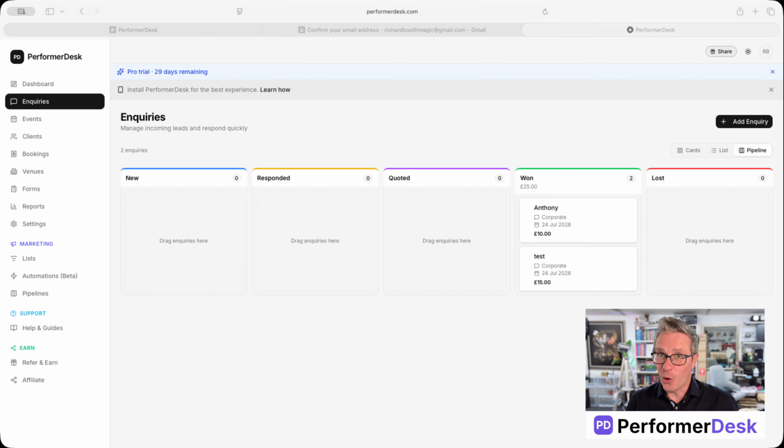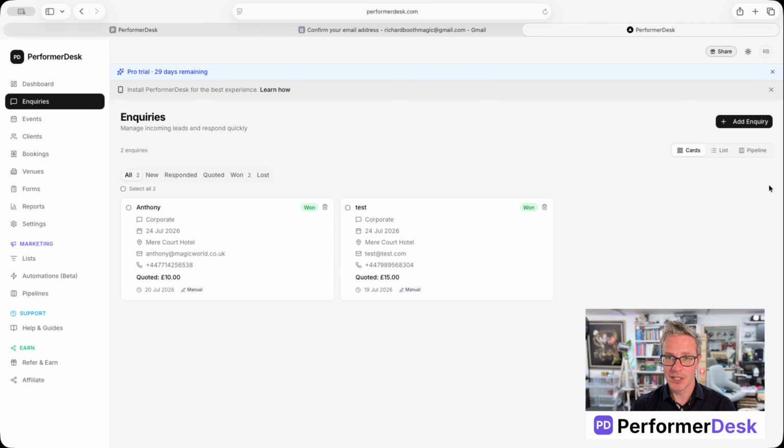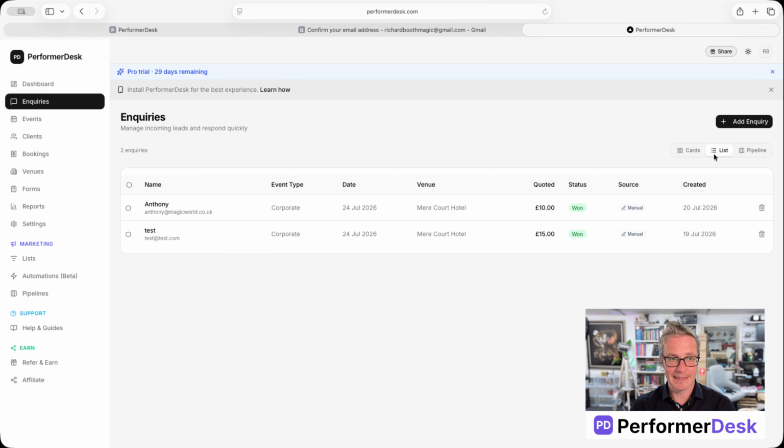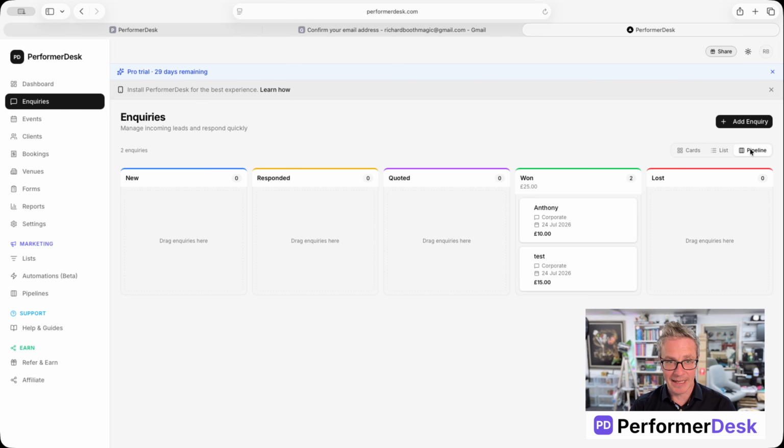Okay, so this is where it all starts, right in the Enquiries tab. So go here to Enquiries and you'll see this page. Now you can view this in three ways. Cards, like this, list view, like this, it tells you the created date here, the type of event and various others, and pipeline view. I personally prefer pipeline view, but it might take just a little bit of getting used